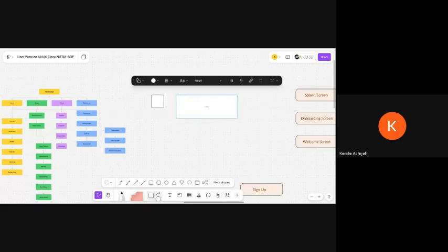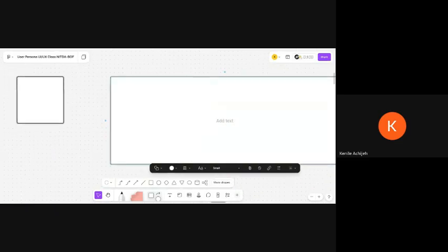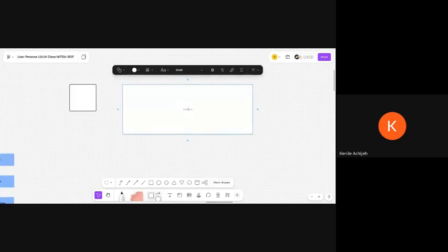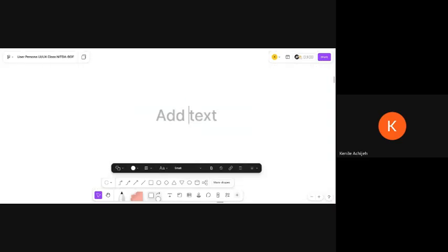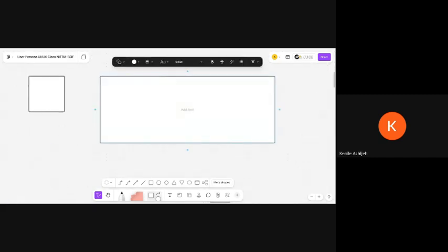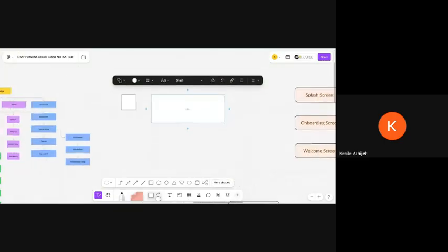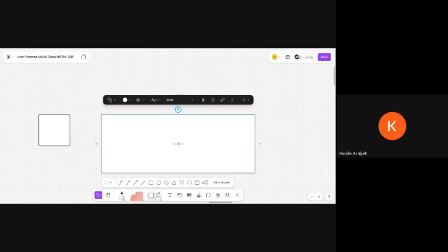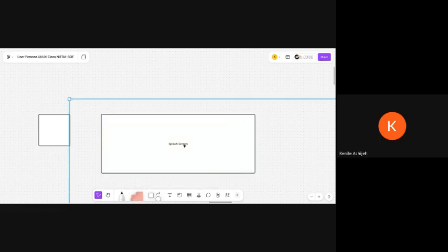Then you can decide to come and type. Let me zoom in so we can see what we need to see. Once you are done, you see add text. It just shows you this add text right up. So if you want to type, type anything you want to type. Let me type what I have here. You can just go to your text and type. Once you're done typing,